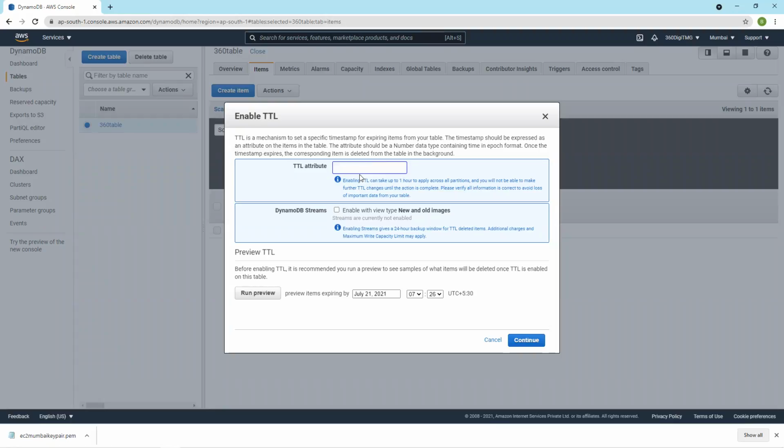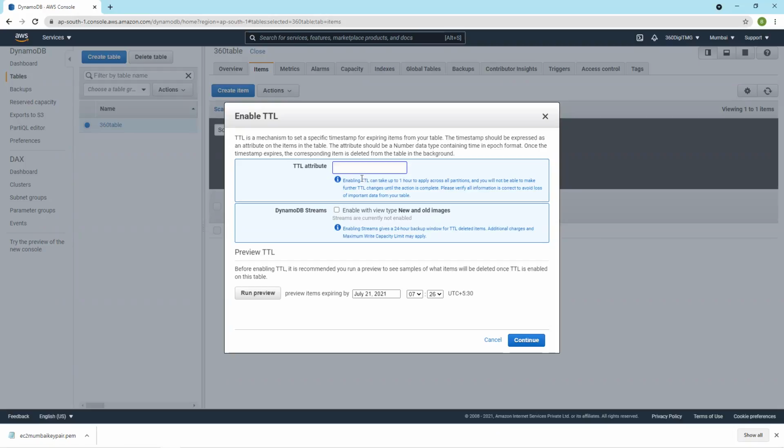Suppose this application is not reading the data. If you are streaming the data through DynamoDB streams or any other stream, but for some reason the application is inactive, and it's not fetching that data through a query request, then this time to live, according to the timestamp which you have given,